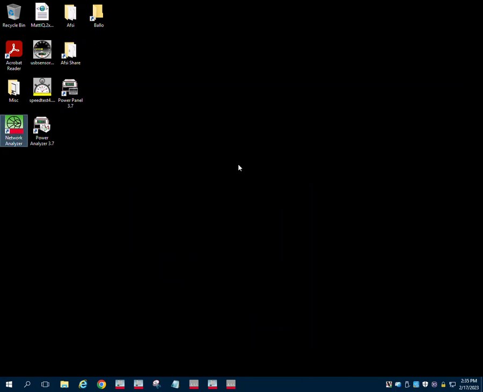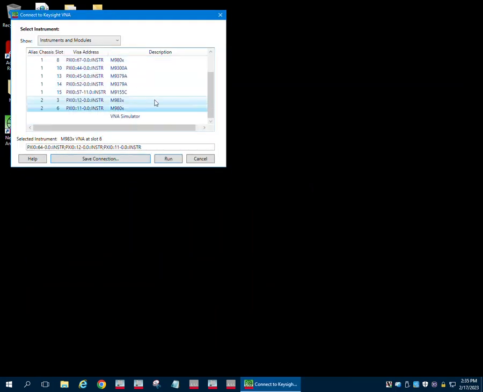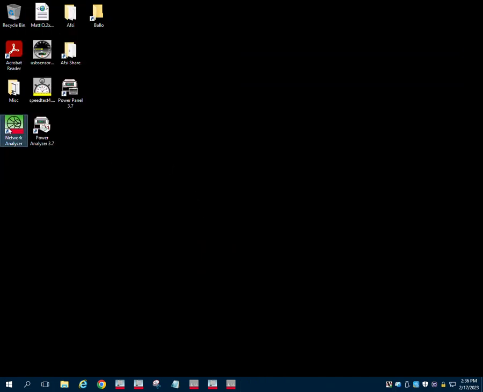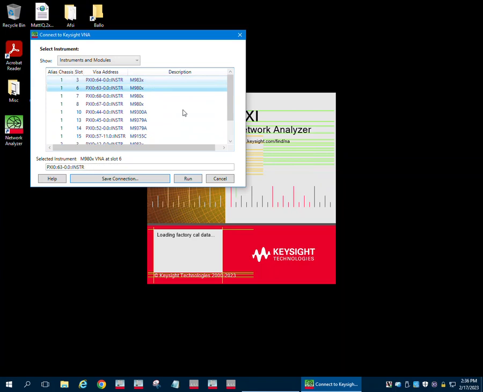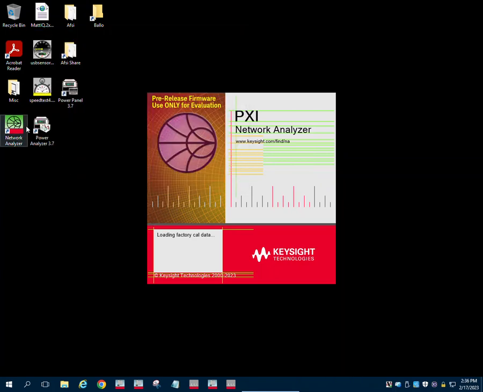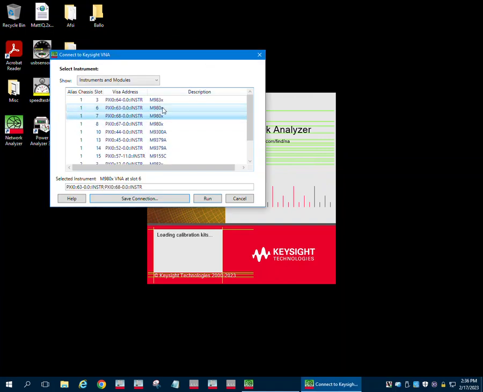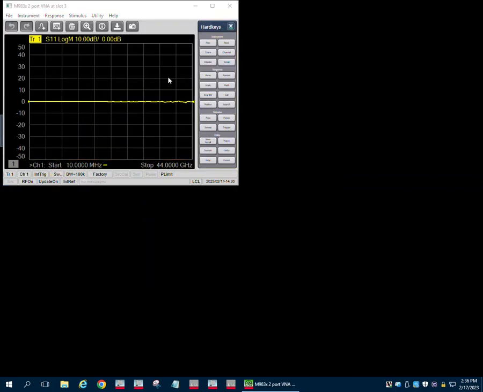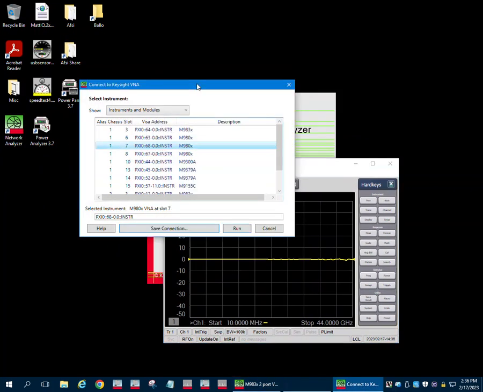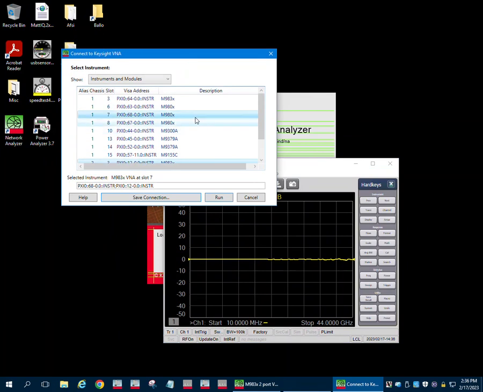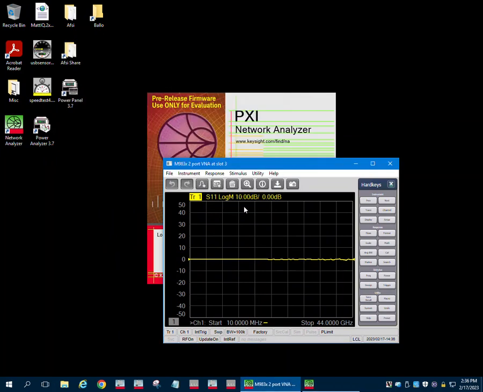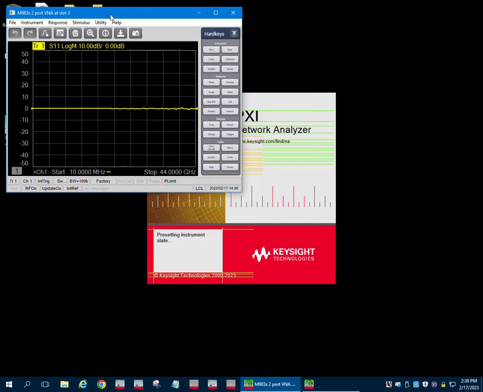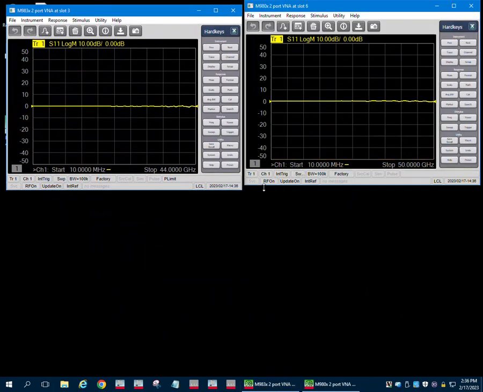If I just run the M98 3XA by itself, the first one, and then let's say I run another instance, that's my M98OX, and then I run yet another instance of another one, and lastly let's do a fourth one, which is the new one. So now I'm running 4 instances of the network analyzer, each one independently, and you can probably see that in